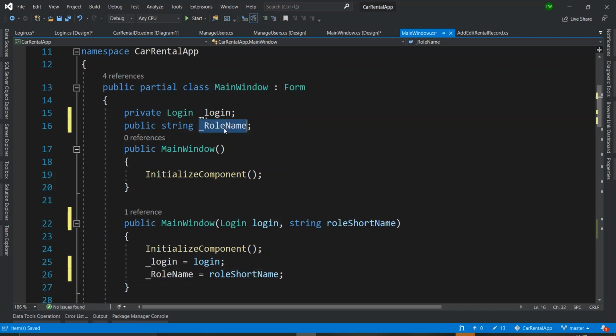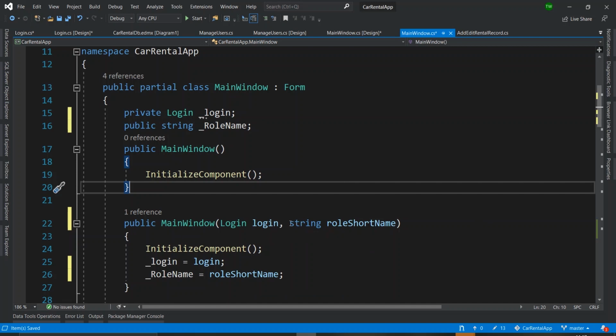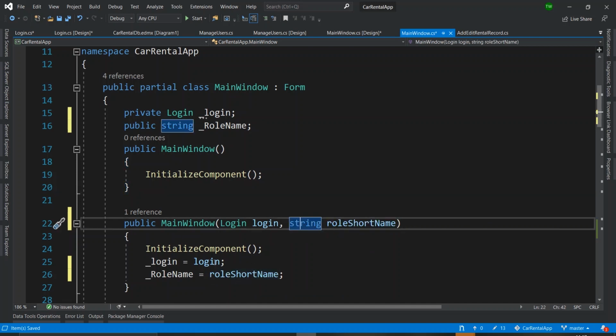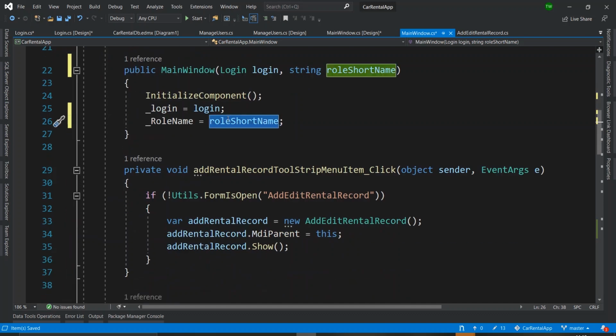So, and then, I mean, this principle can be used anywhere. It could be that you're going to be passing in user data because you wanted a welcome screen, or you want some little taskbar at the bottom to say who is logged in. You could have passed that information just the same way. I could have actually just passed over the entire user object into the main window and then used that data how I needed to. There are so many ways you could have done this, right? But right now I'm just interested in knowing the role of the person, all right? And then we can move along with that. So the person's role,